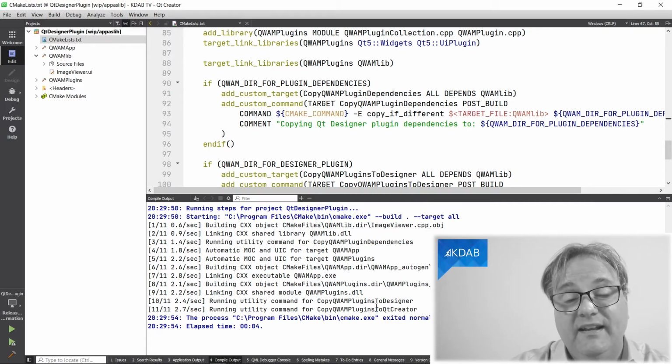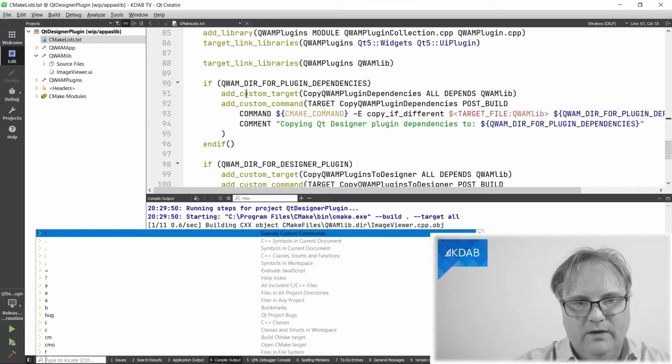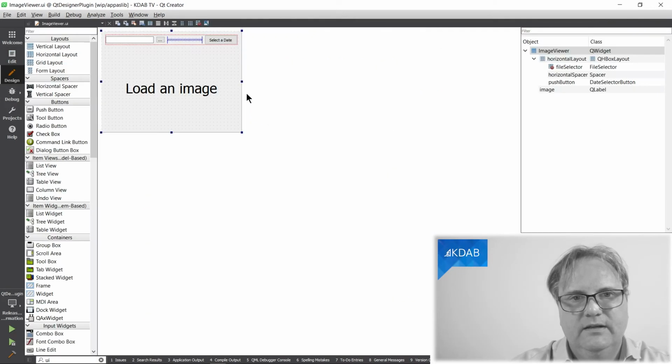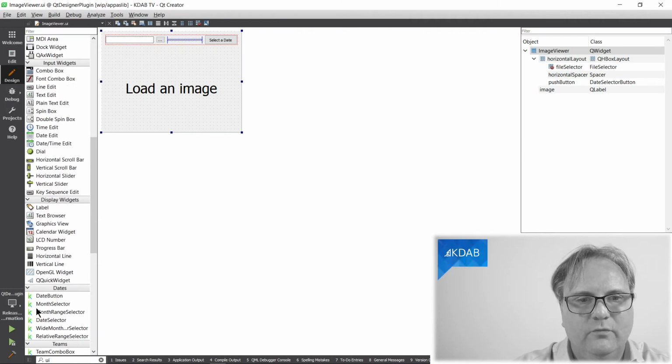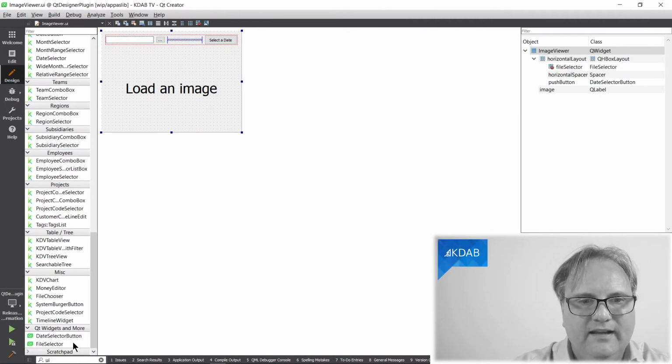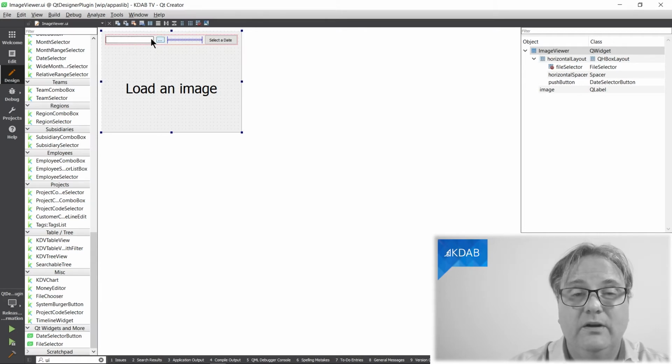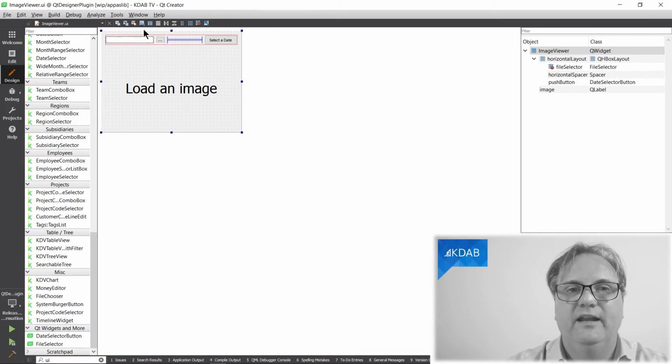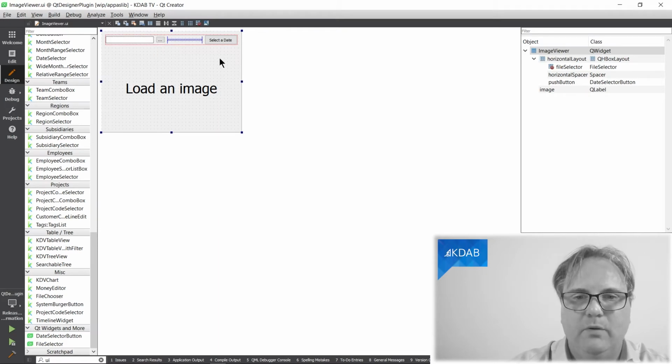But anyway, now it copied things in place, and hopefully if I go to my UI file, you can see it's actually working up here. It's even so marvelous that Qt Designer realized that, hey, this plugin here, even if it was a promoted widget, now it's actually a plugin, and then it shows it as a plugin for me.